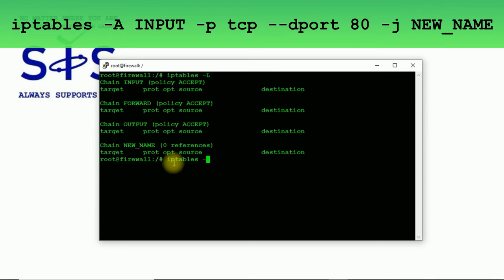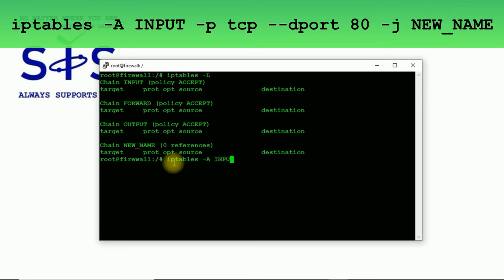It's a default table filter, so I'm not gonna use the name of a table filter. I'm gonna type A for append. So I'm gonna append some new rule into the input chain.